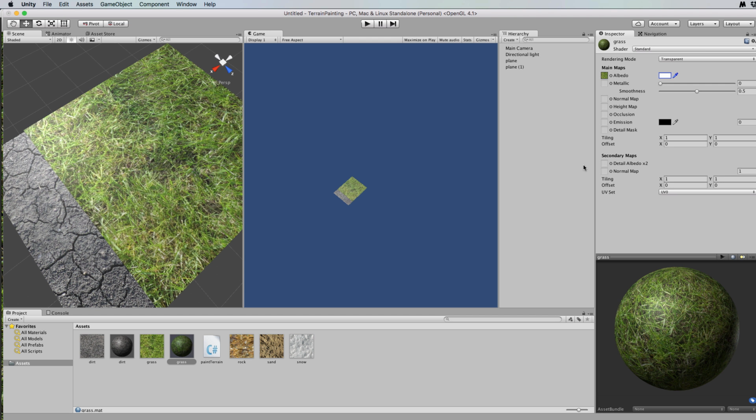And welcome to another Unity 5 tutorial. In this tutorial I'm going to show you how to procedurally paint textures onto a terrain. But before we start that, I just want to explain how the process works and what's going on underneath the